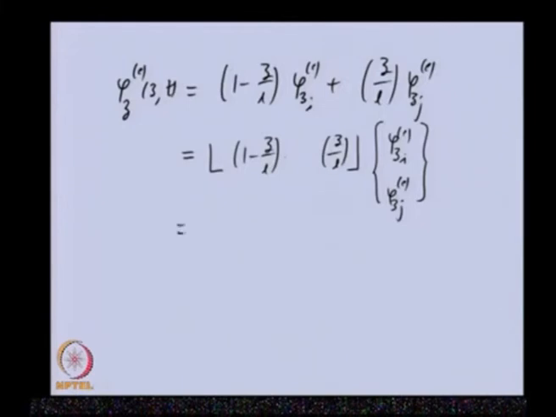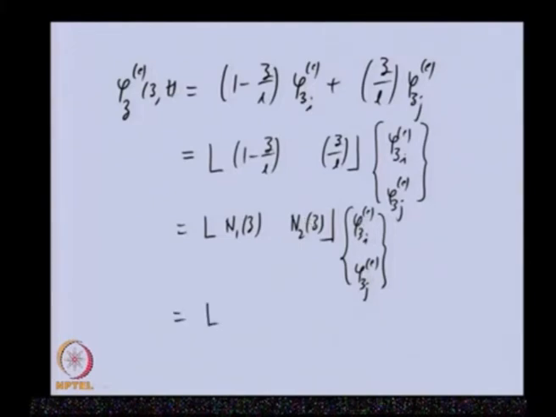Now, if you recall, we wrote this earlier as n1 z and n2 z, and here we have the same thing. These n1 and n2 are the shape functions, and these are the nodal displacements, and we wrote this in the more compact form as the shape function row vector and the field variable at nodal location.